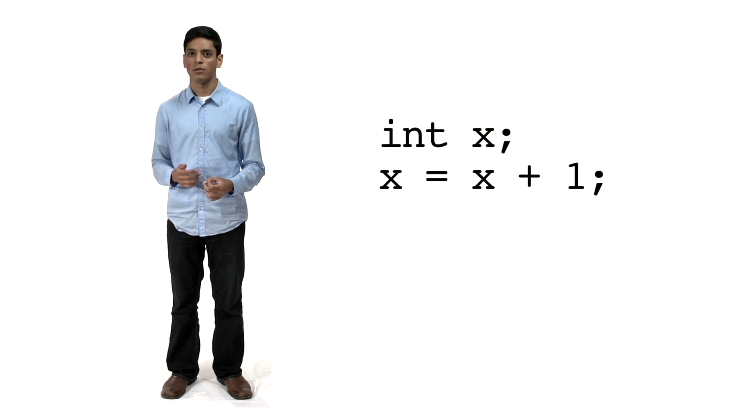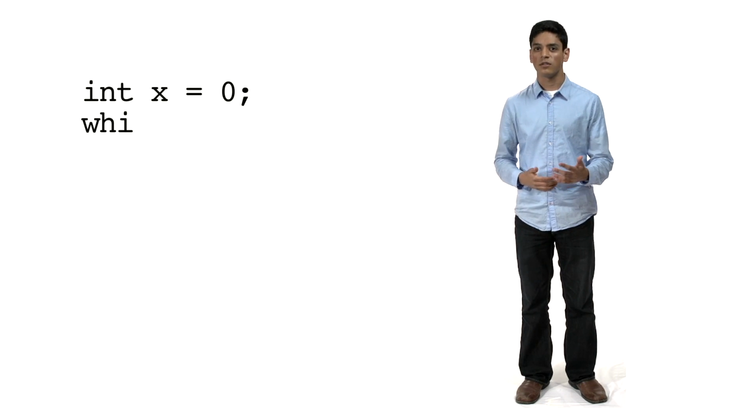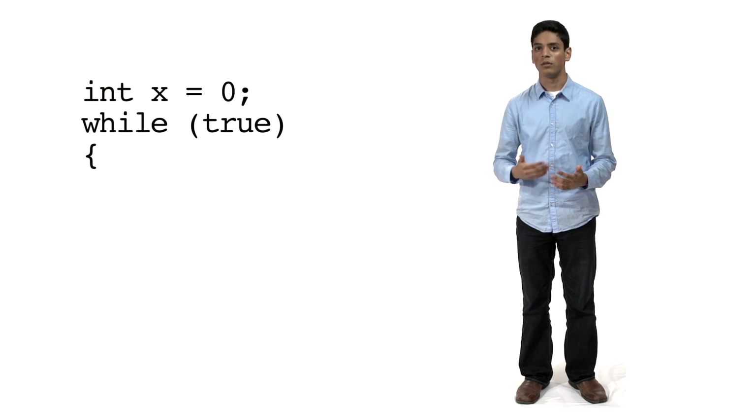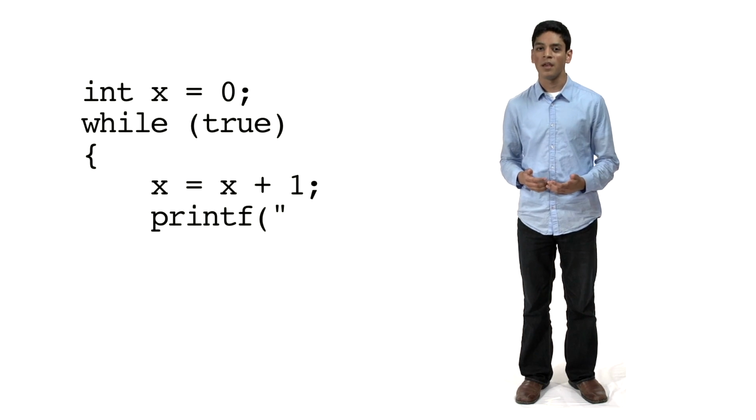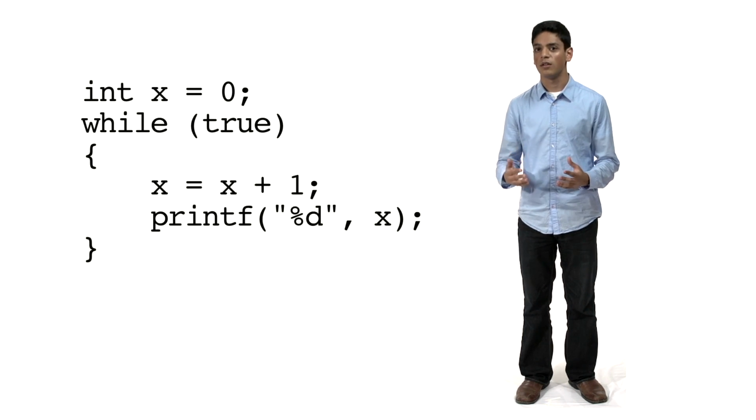Here's how you would actually do it. First, we declare the variable x and set it equal to 0. Next, we loop infinitely. Every time the code loops, we increment the value of x, which means we increase it by 1. And then we print it out. This would end up printing exactly what we wanted: 1, 2, 3, and so on. That's just one more example of how we can use variables.